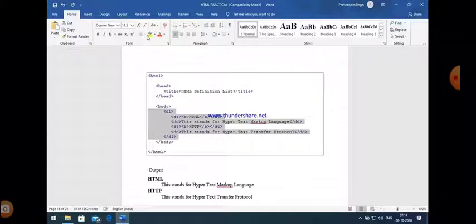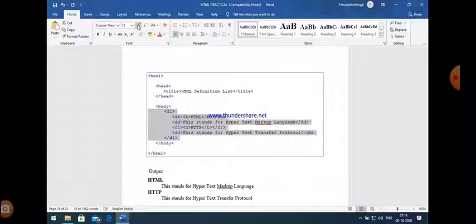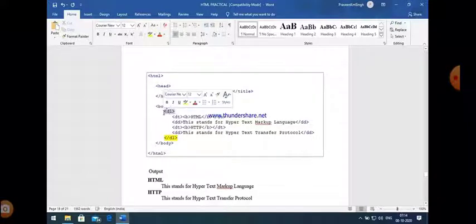After that DT is there, which represents definition term. So the definition term is HTML, and after that the description of this term is there, which says this stands for hypertext markup language, and another term is also represented, HTTP, and the description is also there with DD, which shows that this stands for hypertext transfer protocol. After that DL is closed.